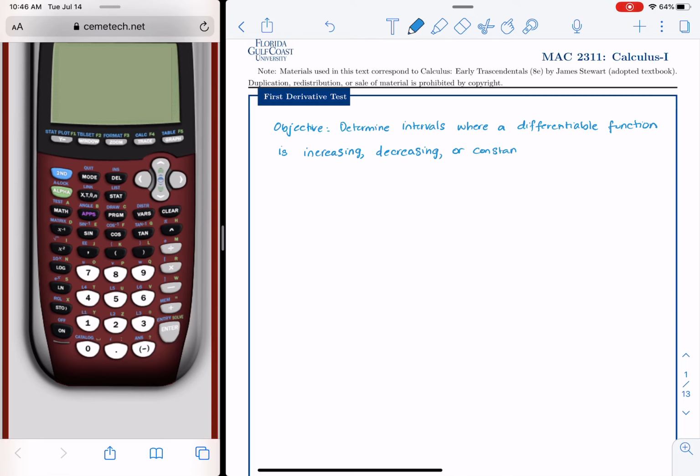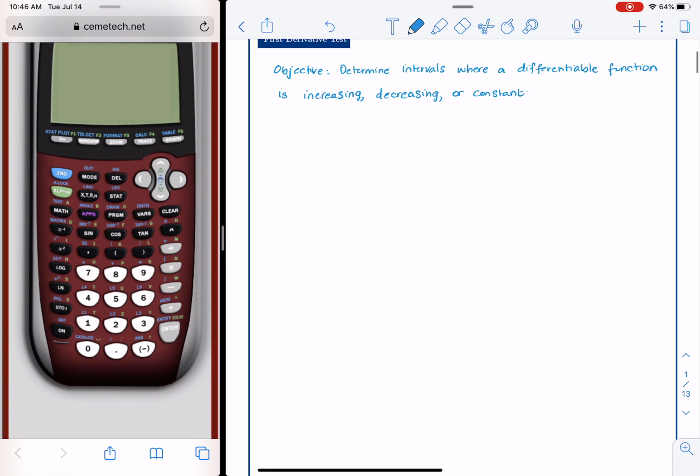where a differentiable function is increasing, decreasing, or constant. So I'm making a very strong argument here when I say differentiable function, because a differentiable function is definitely continuous. So a first derivative test is used to determine if a function is increasing, decreasing, or constant. The key here is to realize if the derivative, the first derivative,